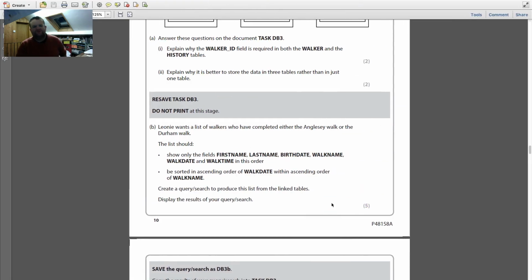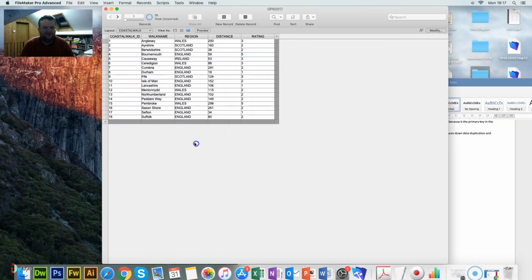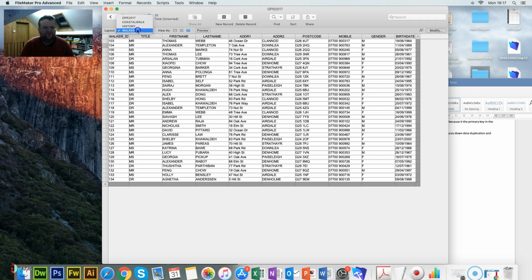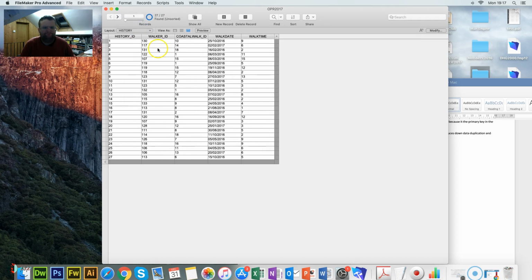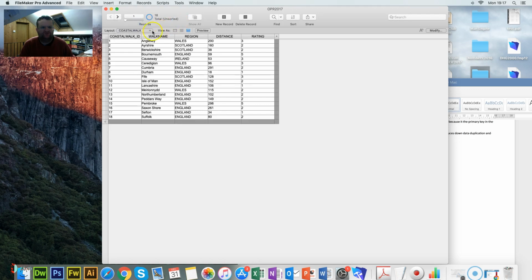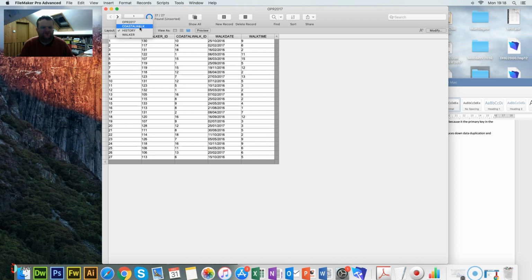It only wants a list of walkers who have completed either the Anglesey walk or the Durham. Okay, so we go back to walk. This is just the walkers. We go to history and we've got various walks here. Okay, so let's go to the coastal walk. Well, let's go to history. If I go to coastal walk,